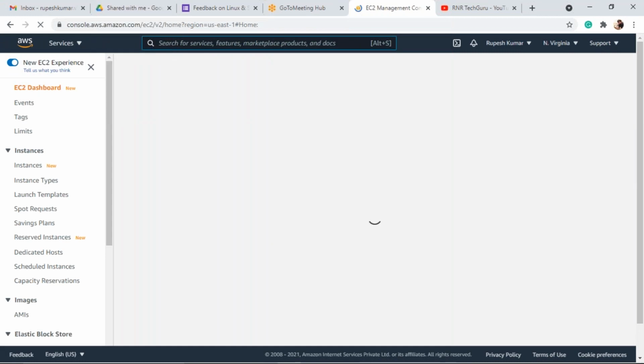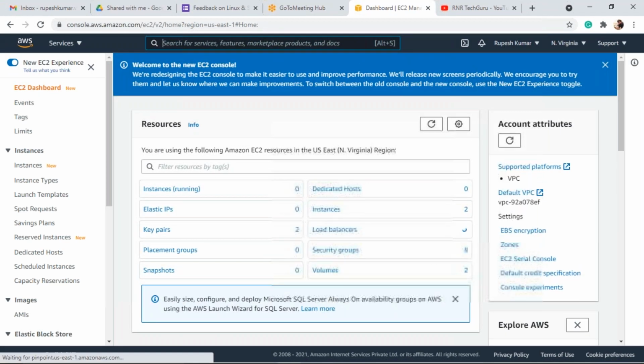After clicking on EC2 service, you will be redirected to the EC2 dashboard. So this is the EC2 dashboard. From this dashboard, you will find instances here. Just look at the screen. In the middle of the page, you will find instances.